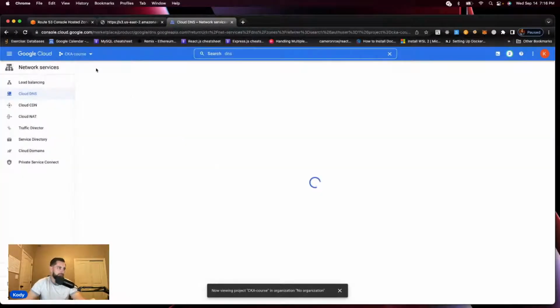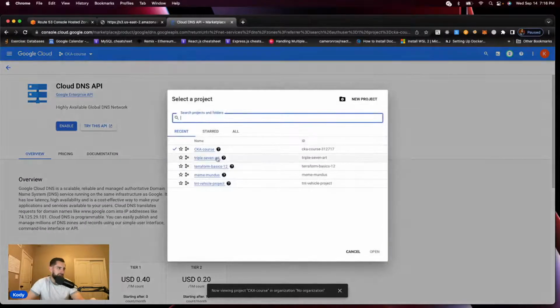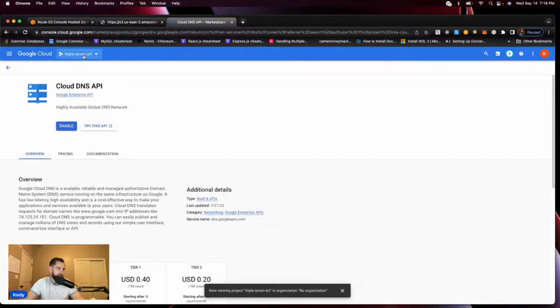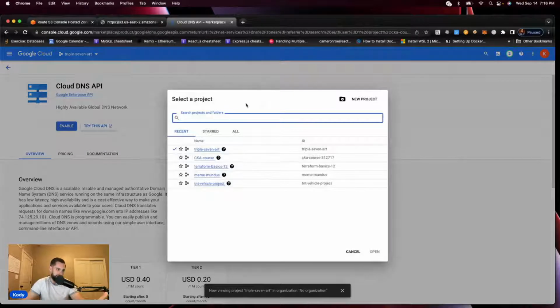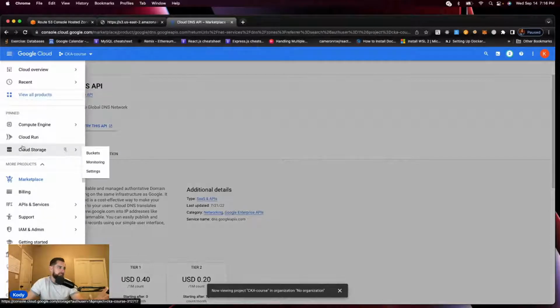Data cannot be loaded. Cool. Probably because I don't have... Oh, yeah, it's not enabled. What about this project? Nope. Okay, so I don't have anything for Cloud DNS. No problem. But that's kind of the overview of the different tools, and obviously stuff like EC2 instances or